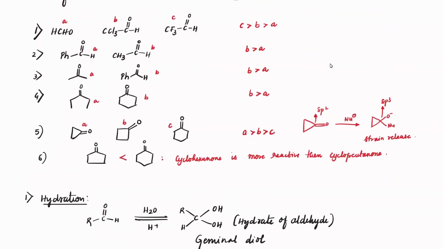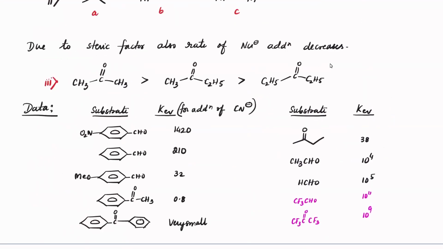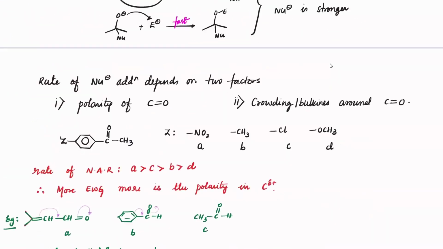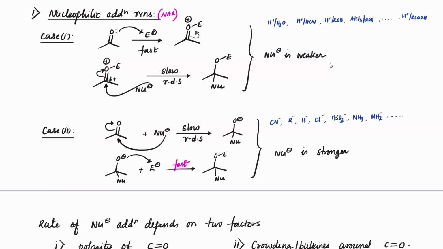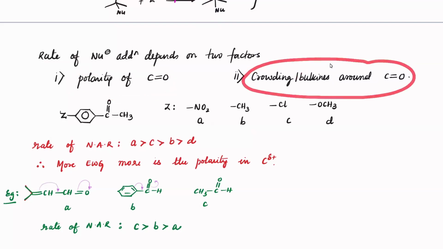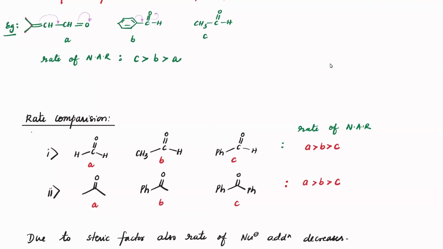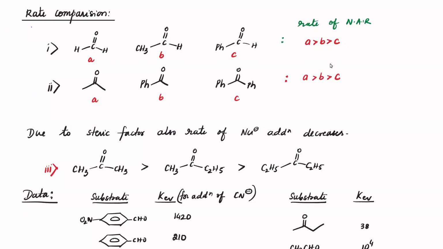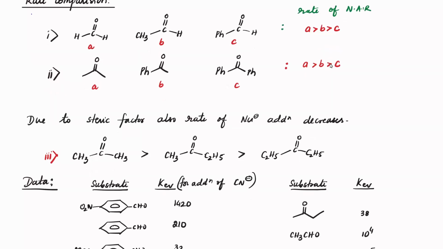Last class, we started discussing the chemical reactions of carbonyl compounds. We encountered two important points there. One, nucleophilic addition reactions mainly depend on the polarity of the C=O bond. Second, they depend upon the crowdedness or bulkiness around the C=O group. Okay, and we exercised a few examples to understand how the rate variation is observed when it comes to nucleophilic addition